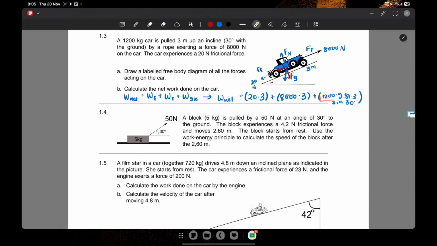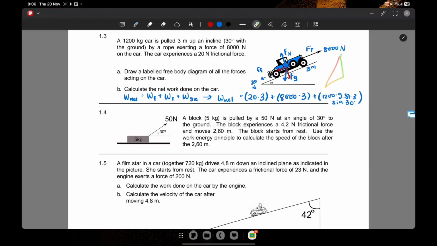This is the mass of the car times gravity, times the distance traveled by the car, sin 30, this is work done by gravity, only counting the horizontal component, which again can be found through trigonometry, as we can see here, through this triangle, where this is 30 as well,